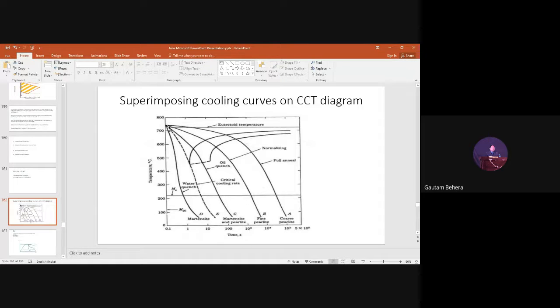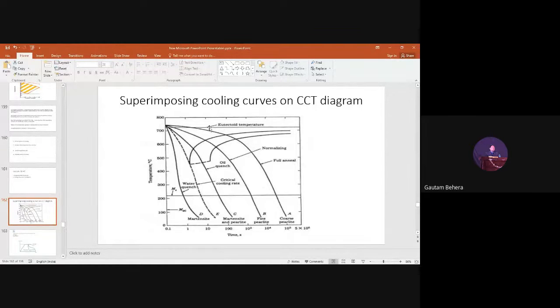And you understand, above the eutectoid temperature for eutectoid steel, austenite is stable. But below this eutectoid temperature, the austenite is unstable. Unstable austenite means it will definitely transform into other products, right? Which you have already studied in the TTT diagram, right? So this region is the unstable austenite region. Above this, it is stable austenite, but below this line, it is unstable austenite, and these are the transformation products.